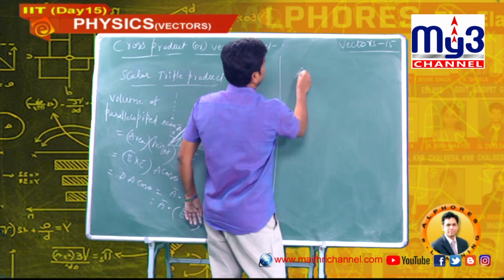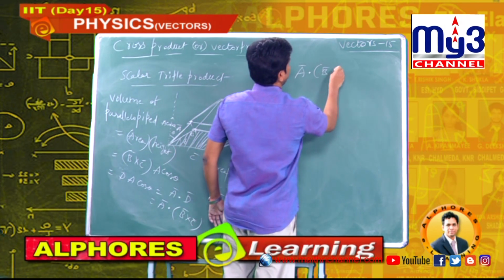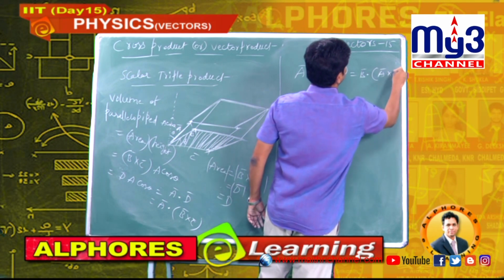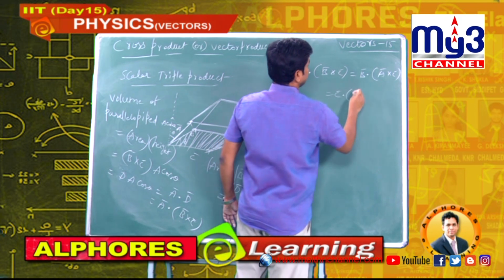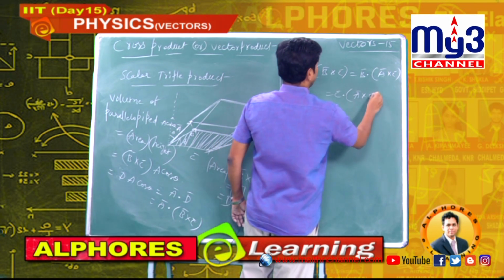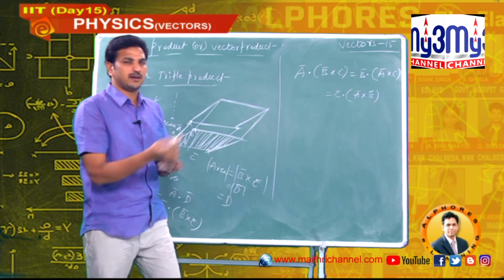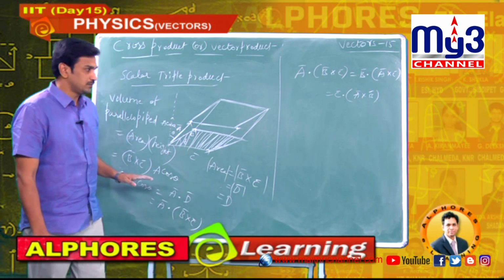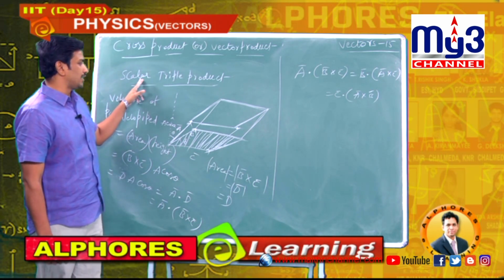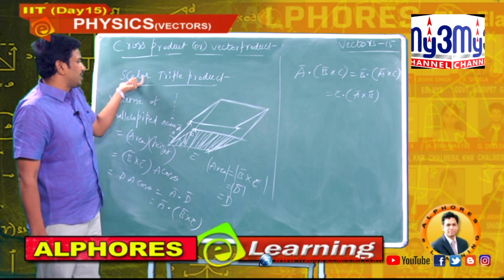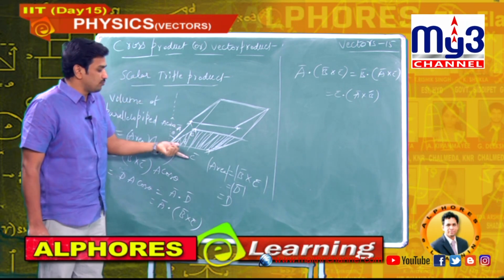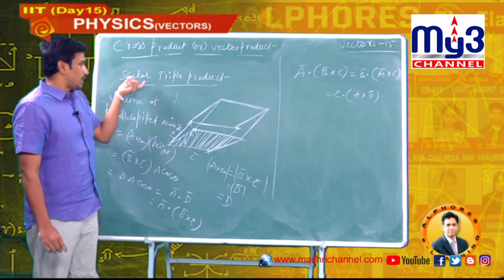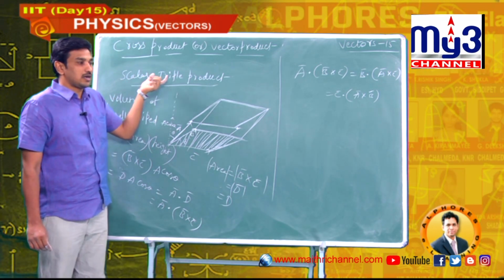Now scalar triple product, A bar dot B cross C is equal to B bar dot A cross C, similarly C bar dot A cross B. We can arrange in any manner, the answer will be the same. What exactly is scalar triple product? Here we have the final answer as a scalar. That is the reason we are using scalar. Why triple? Because we have 3 vectors involved. Because of 3 vectors involvement and the final answer being scalar, this is the scalar triple product.